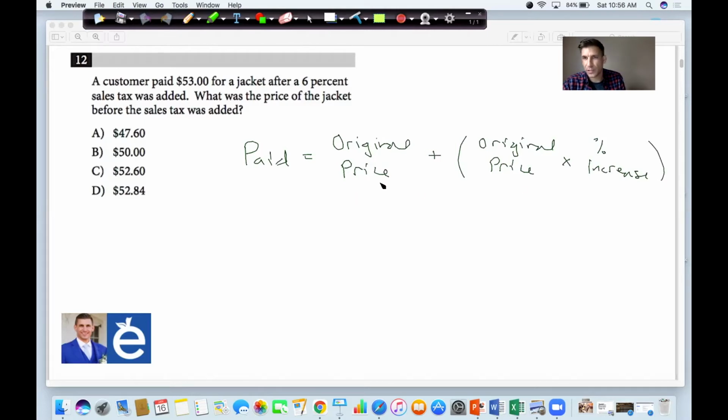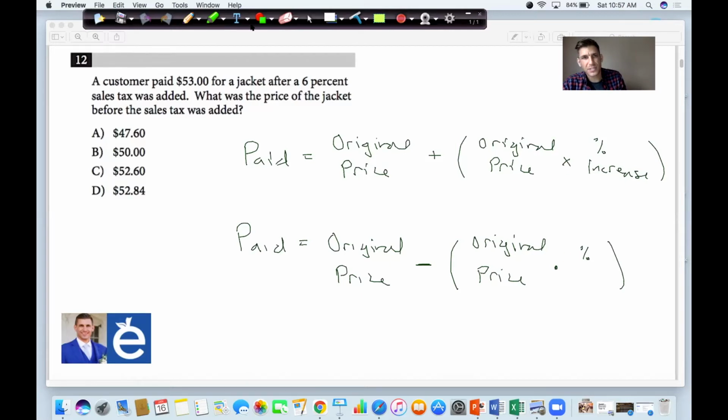So you could use this formula if this is what you're accustomed to. You could also use this formula here, which is amount paid equals your original price minus your original price times, once again, your percentage of the original price. This is to represent an increase. Let me label it a little bit better. And then I'm going to show you the cheat, the quick way of doing this and the way that they expect you to be able to do this. So this is to represent increases